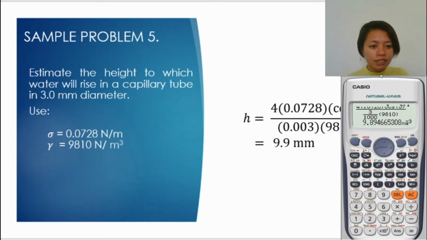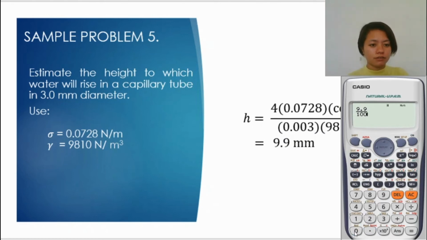So we have here 9.9 mm or 0.0099 meter in terms of meter. Be sure, guys, to be consistent with your units so that your answer is the same. Whether you consider meter or millimeter, consistency is what matters when you convert. So in terms of meter, this is 9.9